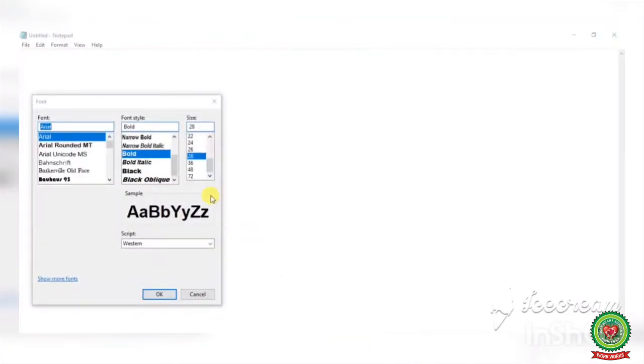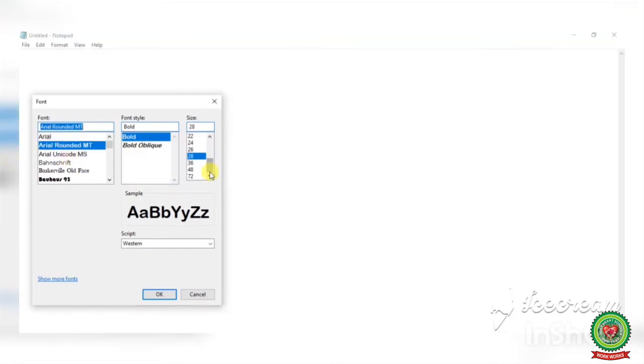Now here I am going to type the HTML coding. Before typing the coding, you can set the font size, color and style according to your choice. You can set that from the format menu. Go to the format menu, click on the font option. The font dialog box is open. Here you can set the font style. You can take the font size from here and click on OK. Now start typing.